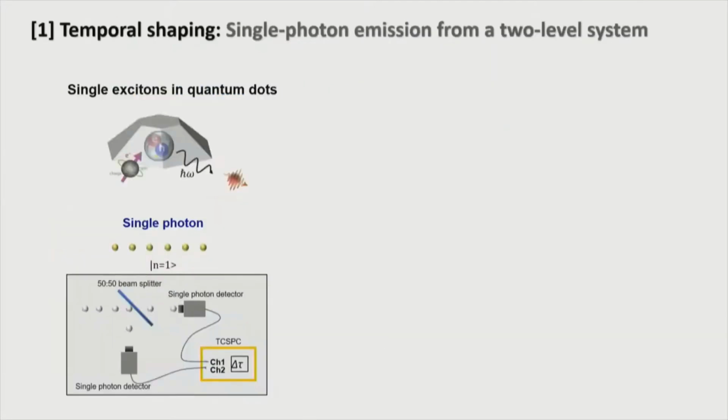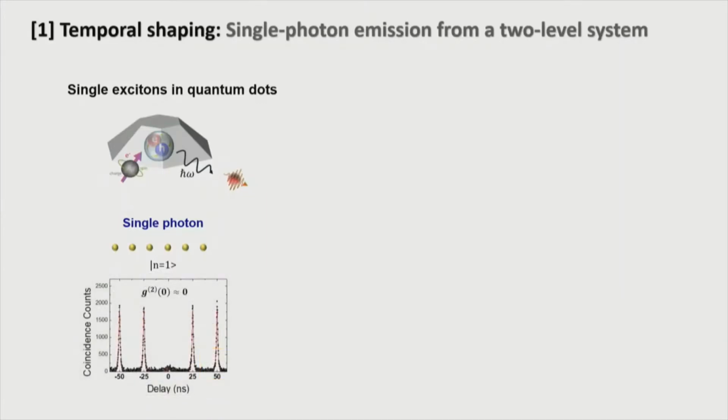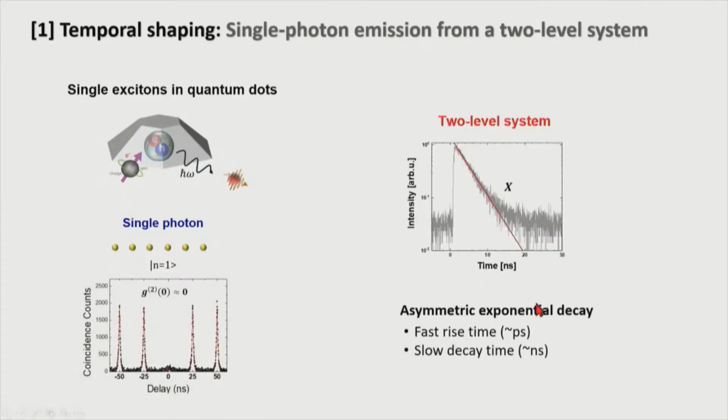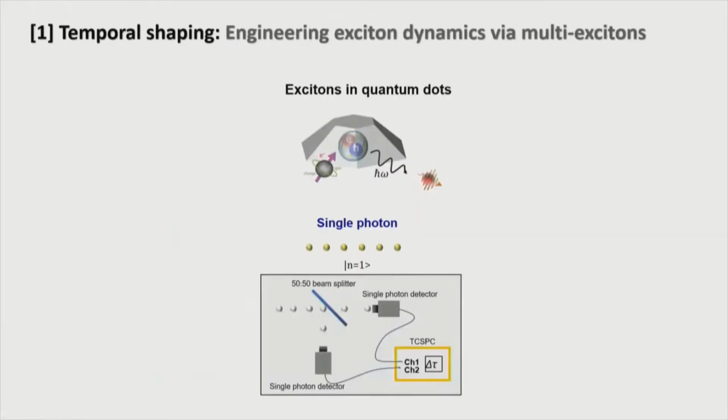Although a single exciton from a single quantum dot can produce single photons on demand, inherently it is quite difficult to produce a symmetric temporal profile. This is a decay curve of a single exciton, and you can see a very fast picosecond rise with a relatively long nanosecond decay time. So converting this asymmetric profile into a symmetric profile is quite difficult, but to modulate the temporal profile,